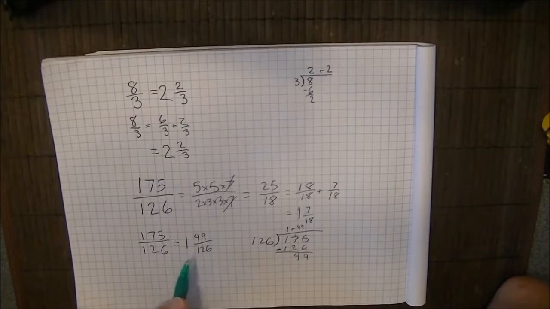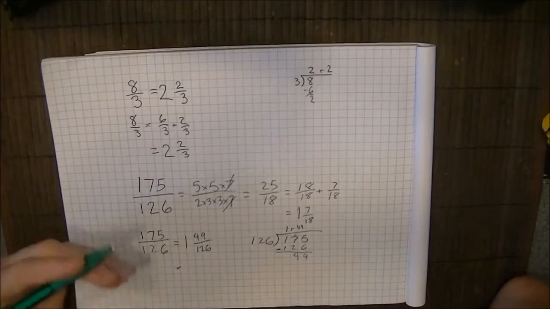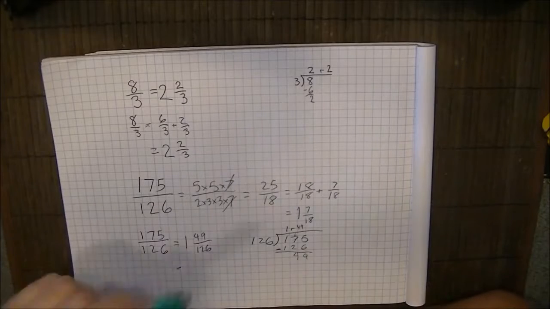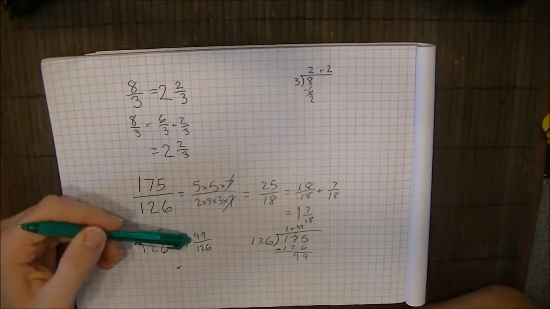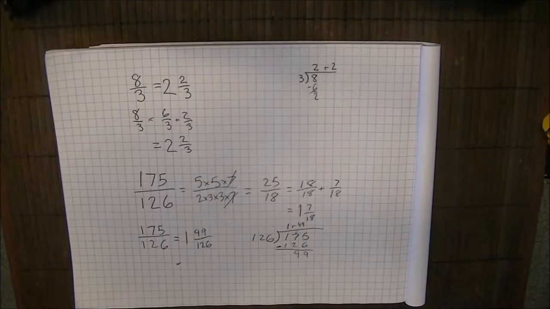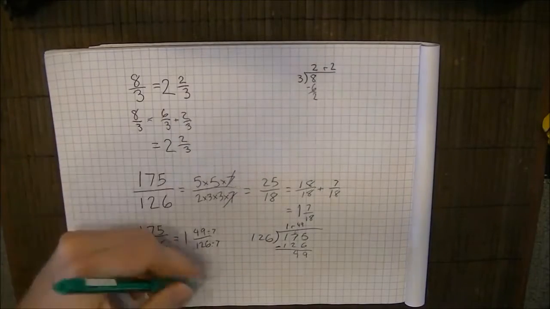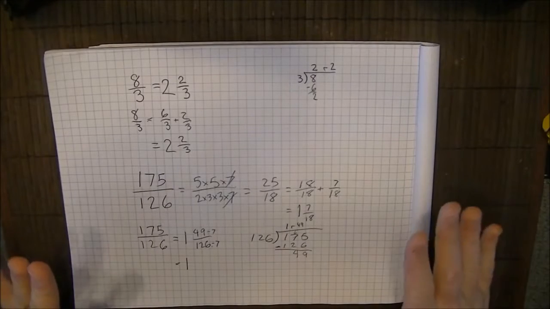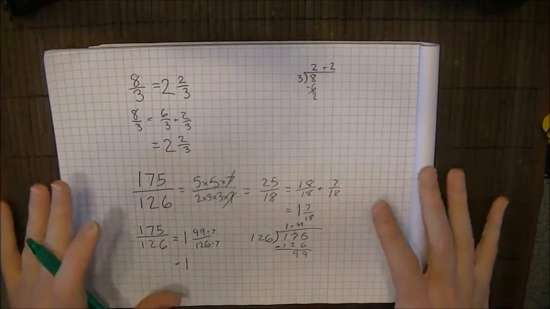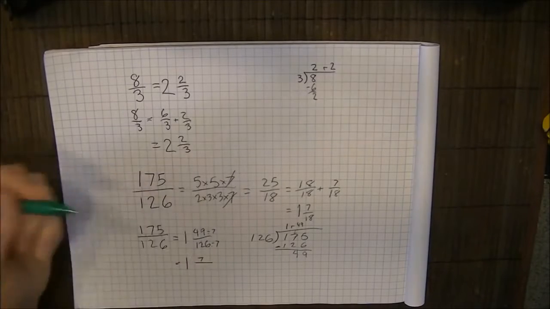Okay, but the problem here is that this is not in lowest terms. And so in order to get this in lowest terms, we're going to have to figure out what numbers go into both 49 and 126. Well, we're a little bit lucky here because 49 is 7 times 7. The only prime number that goes into 49 is 7, so it has to be 7. And it does in fact go into both. So once again, if you haven't practiced your times tables, practice your times tables, okay? That will help you. All right, so 49 is 7 times 7, so 49 divided by 7 is 7, and